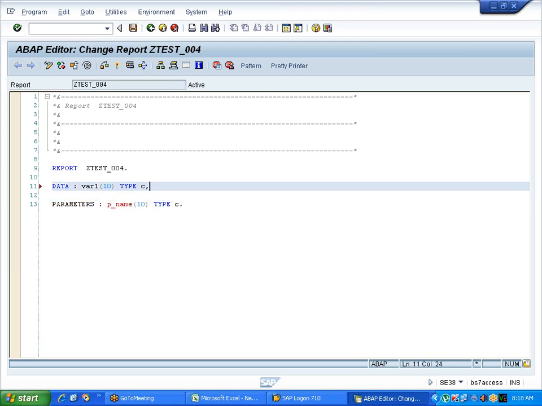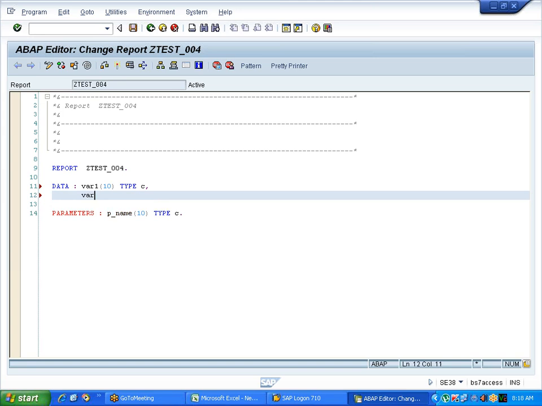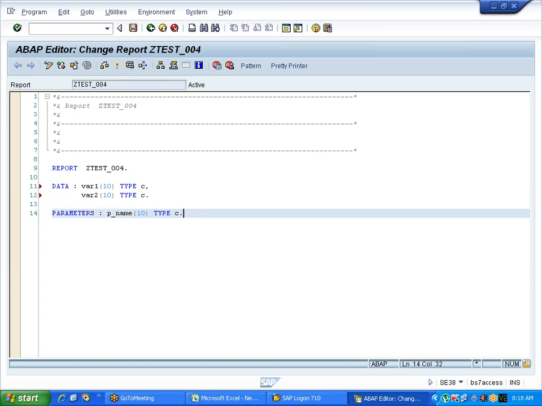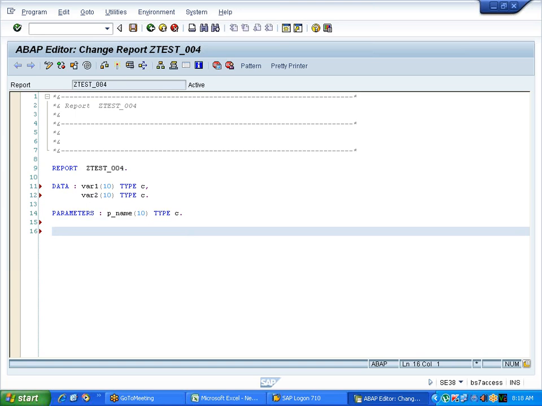Declare two variables, variable 1 and variable 2, because you need to capture SAP into one variable and ABAP into another variable. So declare two variables. And you write the command split. What to split? P underscore name, because we will give the input in P underscore name, right? Split P underscore name